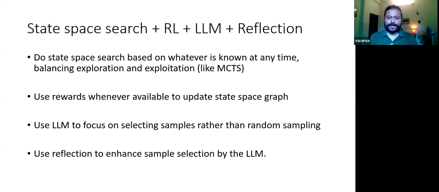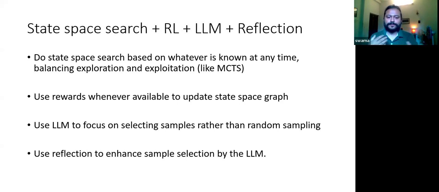And as I said, where random sampling is needed, like in MCTS, if you go to a leaf node, or if you go to a node where random exploration is needed, we are using the LLM to focus on selecting samples, because the LLM has better knowledge about the world, so it has the initial bias, and it will help us select a better set of samples, a better set of action sequences where random sampling is needed, and that's going to reduce the search space to a great extent.